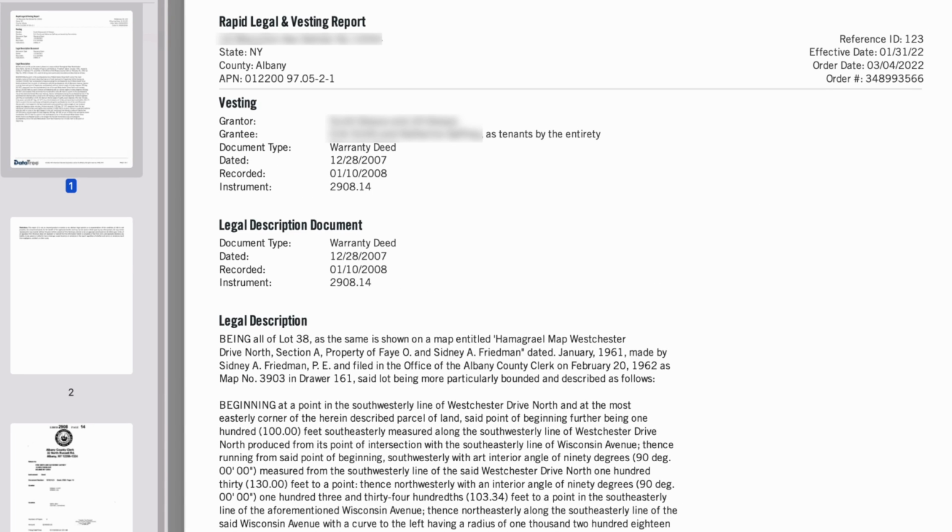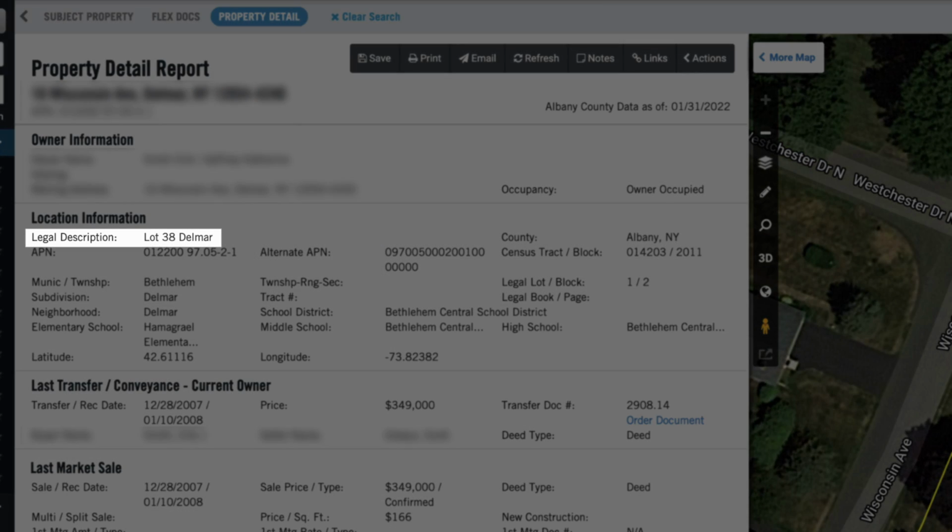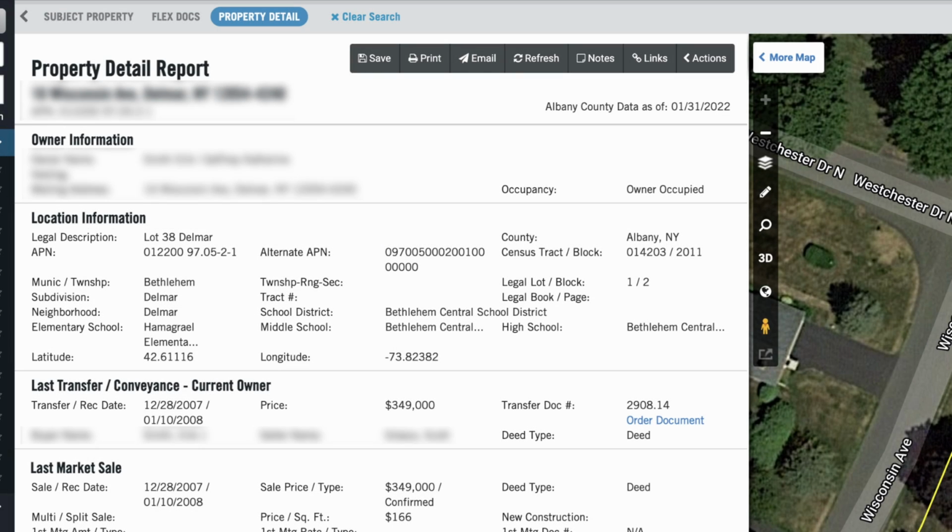Okay, so this is actually giving us a lot more information. This is definitely what we would want to include on our deed instead of that abbreviated description on the property detail report. Because if you remember, all this says is Lot 38 Delmar, which is not a whole lot of information. I'm sure if a professional surveyor got this and they're familiar with the state and the county and they just saw that, they could probably pull up their own tool like DataTree. Maybe they're even using DataTree and they could probably figure it out. But in this situation, this is definitely not giving us all the information that would need to be included on something like a deed or used to do a survey.